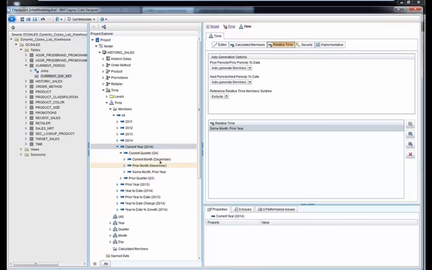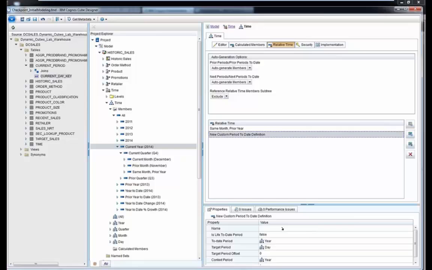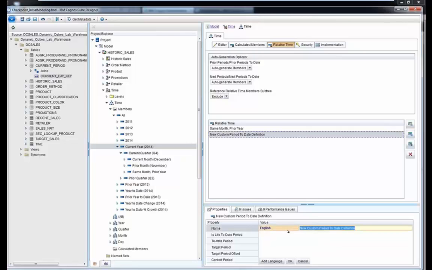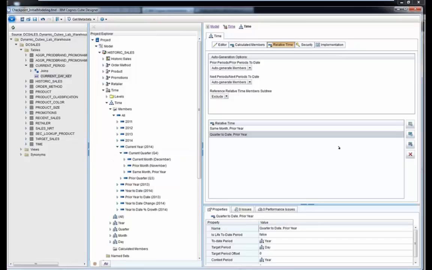Let's create another custom period. The second one that we've added support for is custom period to date. I'm going to click on the second shortcut here, custom period to date. I'm going to go down to the properties and give it a different name. Let's do something like quarter to date, prior year. We'll change the to date period to quarter,